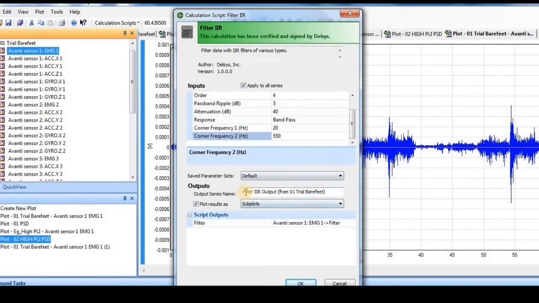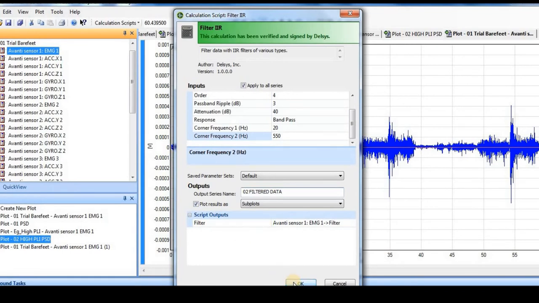So these are the two frequencies I am taking, and for convenience I will be taking the file and the data series name as 02 filtered data, because now this output will be the filtered version of the raw EMG data.